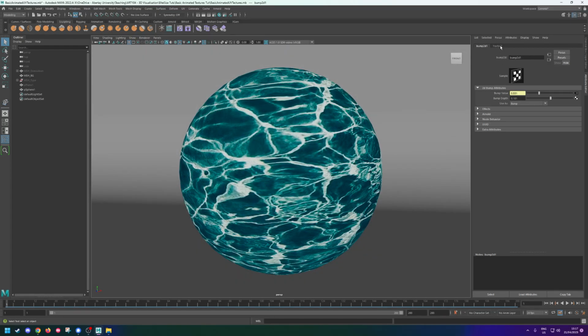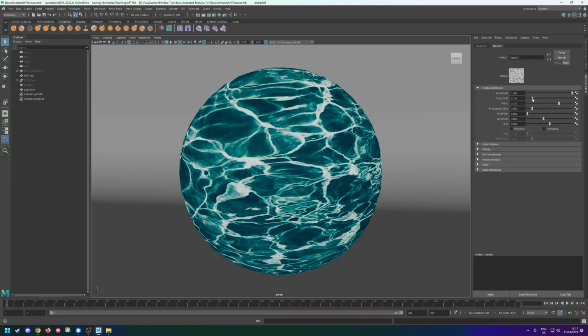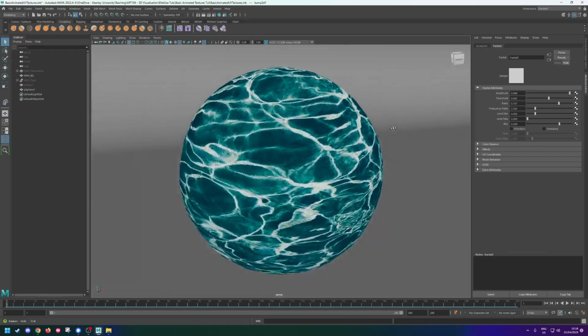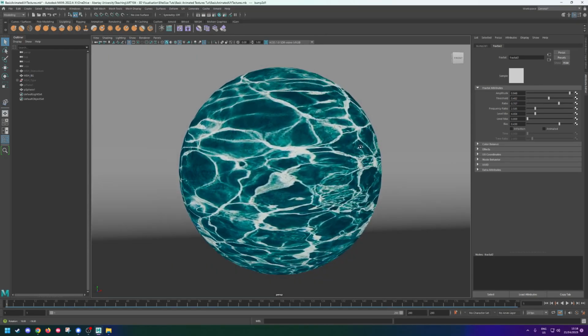And of course, once I've got something that resembles a reasonable result, I can see there's some bumpiness in there. I can head over to the fractal and begin playing around with some of those shapes, getting something that's a bit warbly and warpy, just to help break that surface up a little bit further. Nothing too fancy, of course. Must always be conservative when it comes to these choices. Careful. And of course we can see we're getting some nice texture there. Now I don't want it looking too rocky either. It's just something that adds a little bit more